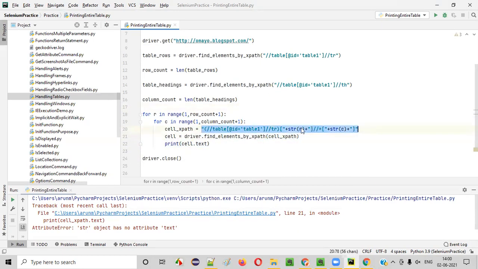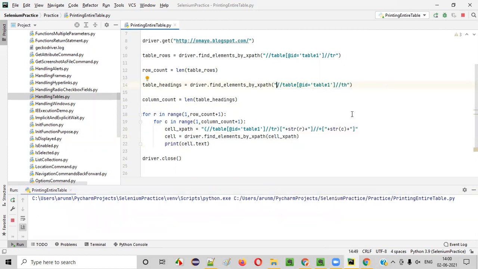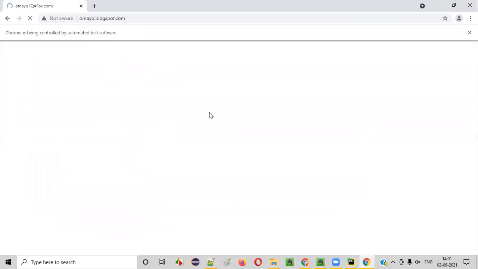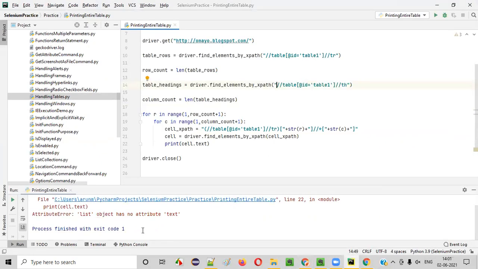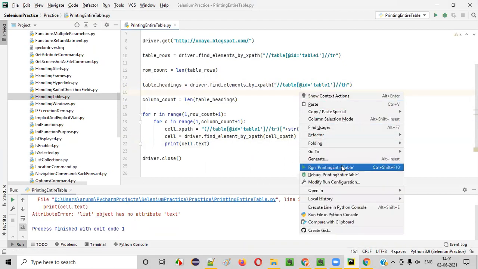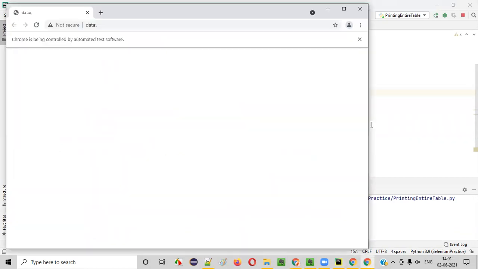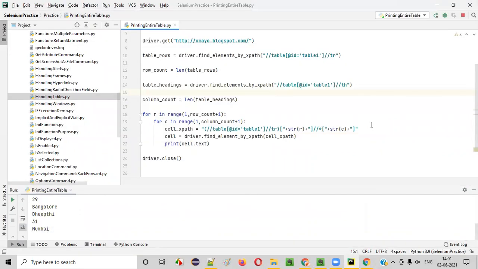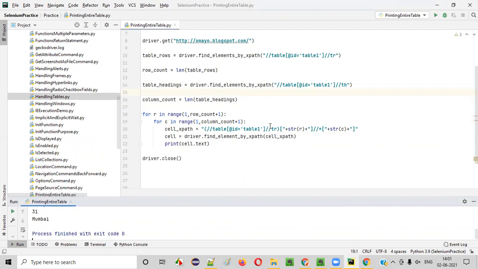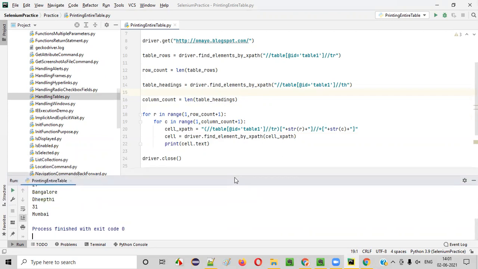Using this XPath, we have to retrieve the cell element, right? From that cell element, we have to retrieve the text. This line I forgot. Let's run this code again. This time it should work. No, still it's not working, guys. There's something going wrong again. What's going wrong here? Driver dot find. Yeah, I said elements, guys. Let me run again. Yeah, it's working now. Small mistakes will cause errors, guys.